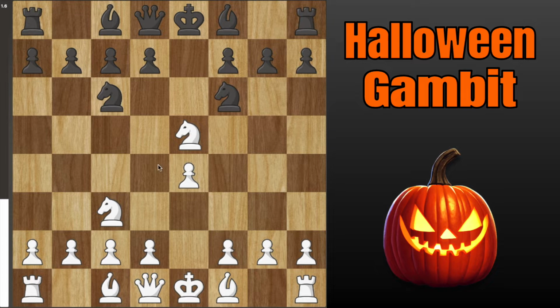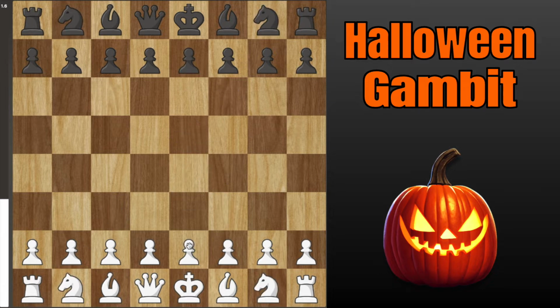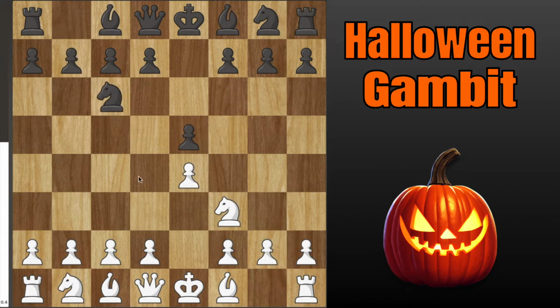So first, how do we actually get to the Halloween Gambit in the first place? It comes out of the 4 Knights opening, and there are a few ways to get there, but the most popular one is pawn to e4, black goes pawn to e5, knight to f3, knight to c6, and now knight to c3 here, the 3 Knights opening, and most people go knight to f6 here, which is the 4